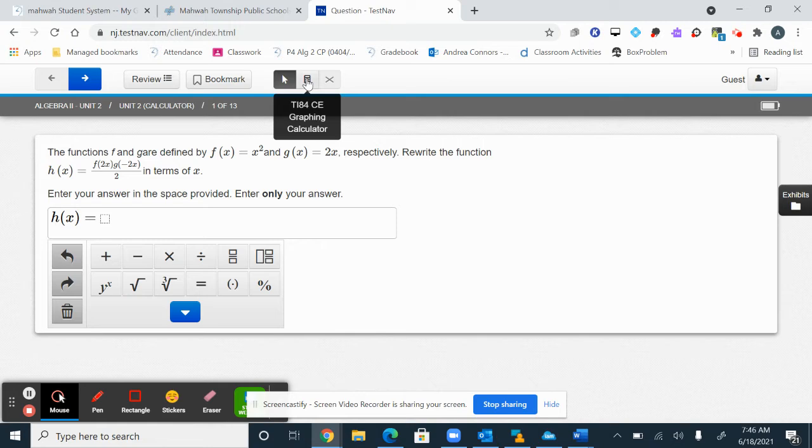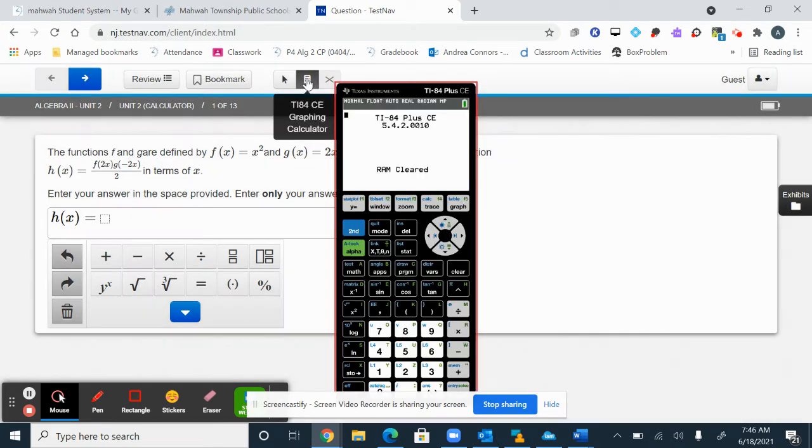And when you click up here, you're going to have your TI-84 CE graphing calculator, which is what most of us are used to at this point, which is great. So this is a really cool tool to use, and I'm going to show you a couple of ways to do this. For example, if you want to input an exponent, you're using this key, the caret key. If I want to do 9 to the third power, I would do 9 caret 3 and